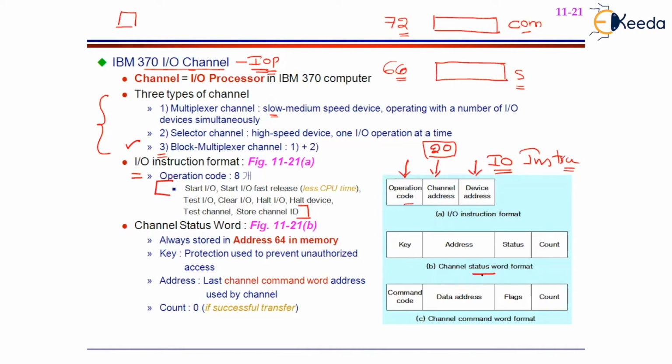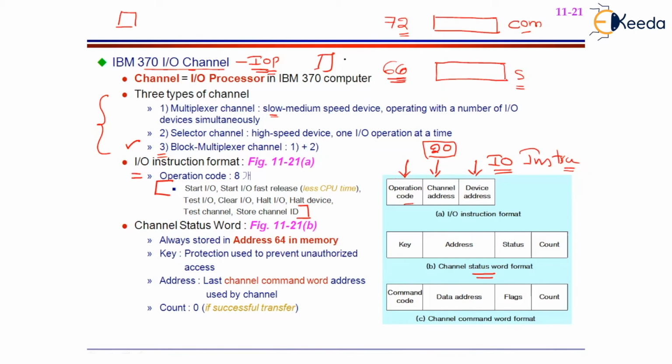Now, what is the status word? You know what a status word is? Every time the CPU wants to find out the status of the current transfer, it is going to request a status. When a status word is requested, immediately the IO processor is going to prepare the status word and write it in a specific main memory location. Now in the IBM 370 IO channel, the location is always the 66th location. This 66th location will be used by the normal processor and the IO processor for finding out the current status. When the normal processor wants to find out the status, it is going to issue a status instruction to the IO processor.